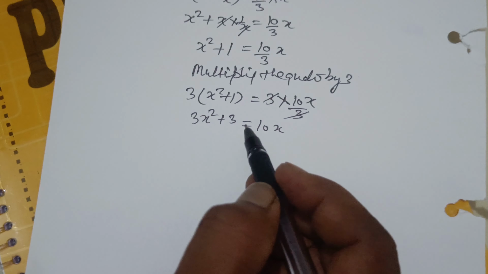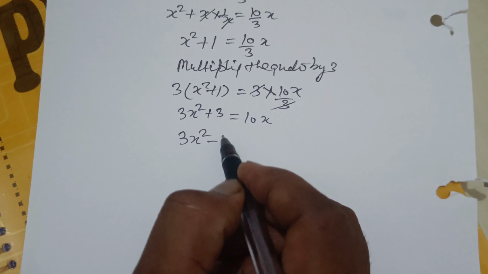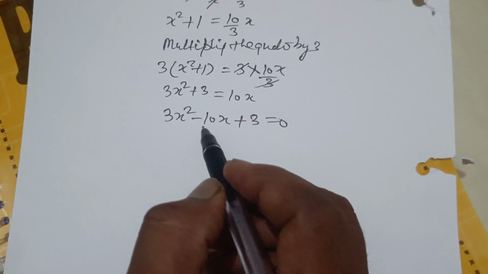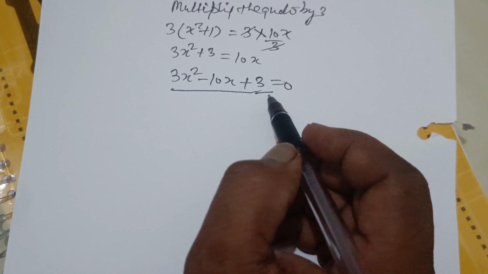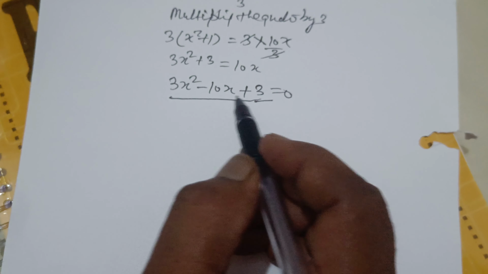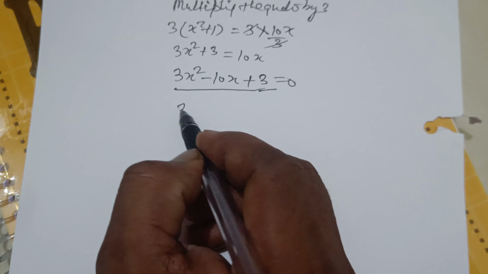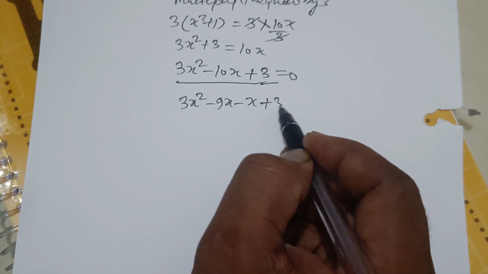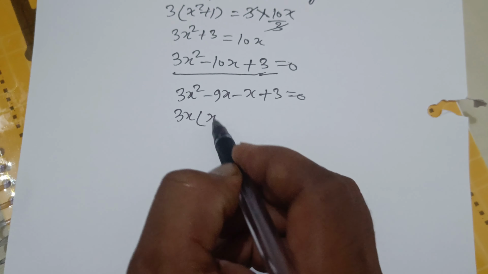Now you write 10x on the left hand side. This is equal to 3x square minus 10x plus 3 equal to 0. Now you can solve this equation by the factorization method or using the formula. You can split the middle term and find the solution. This is equal to 3x square minus 9x minus x plus 3 equal to 0. Here take 3x common, x minus 3,